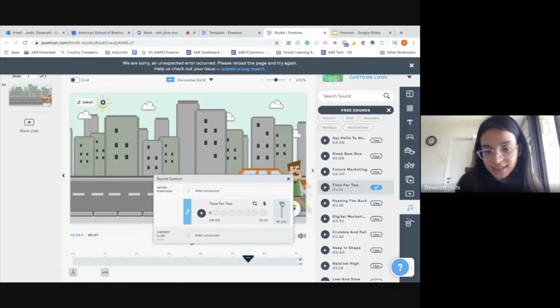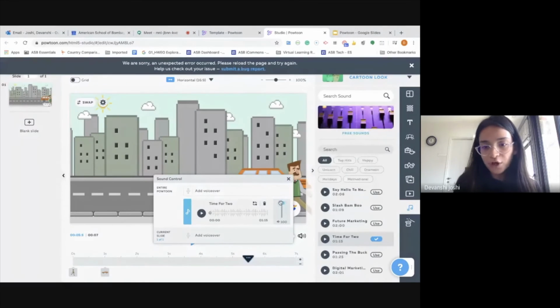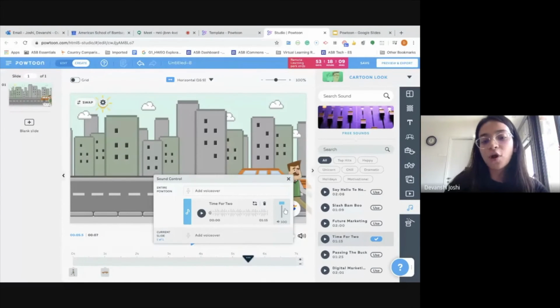This is for adjusting the volume. So I can increase or reduce the volume. This is basically useful when you have a voiceover as well as a music file. So when you want your voiceover to be more audible, you make sure that you just reduce this a little bit so that your voiceover is audible, as well as you have a music playing in the background.